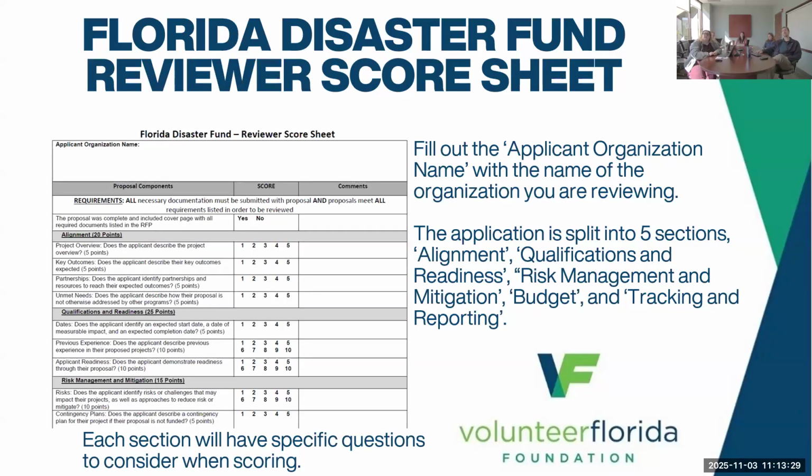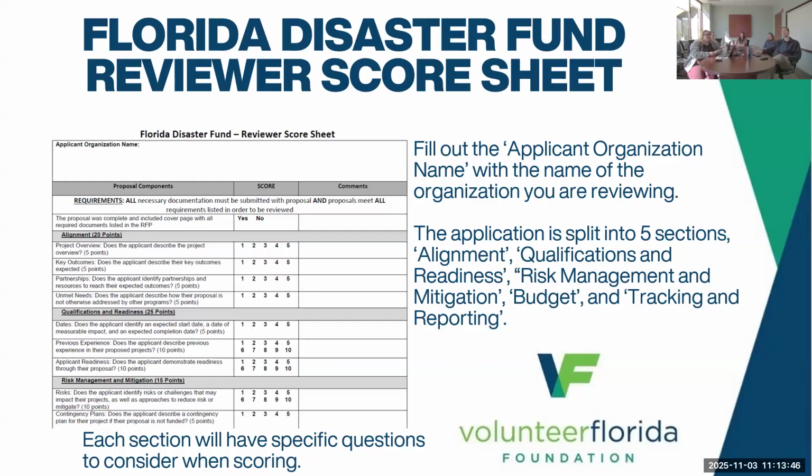All right, so actually getting into the reviewer score sheet then. On the left of the screen is a screenshot of what the reviewer score sheet will look like. You'll receive it in a PDF form. So you'll start up at the top under the applicant organization name, and for your records, you'll want to fill